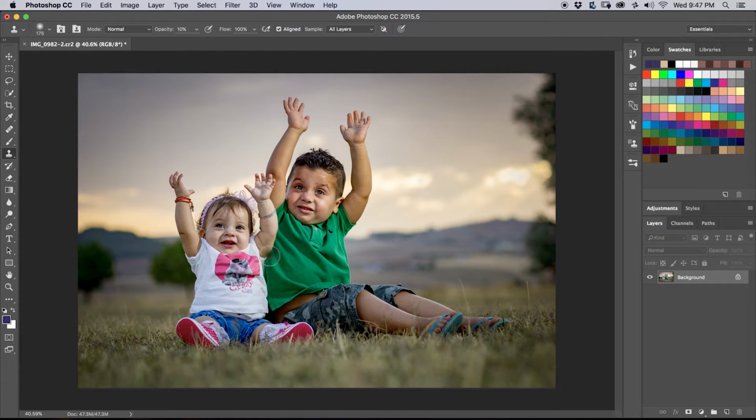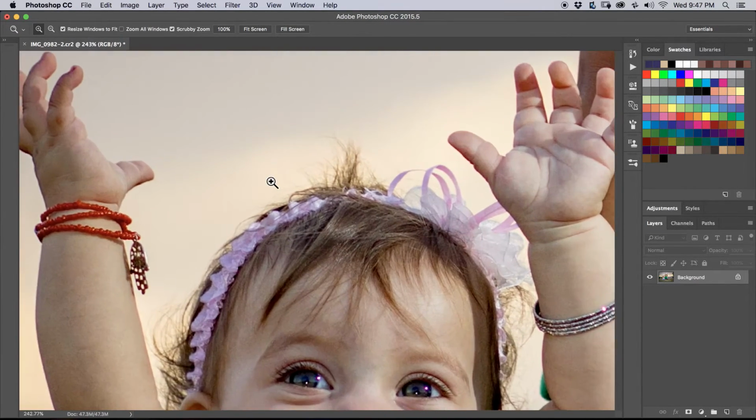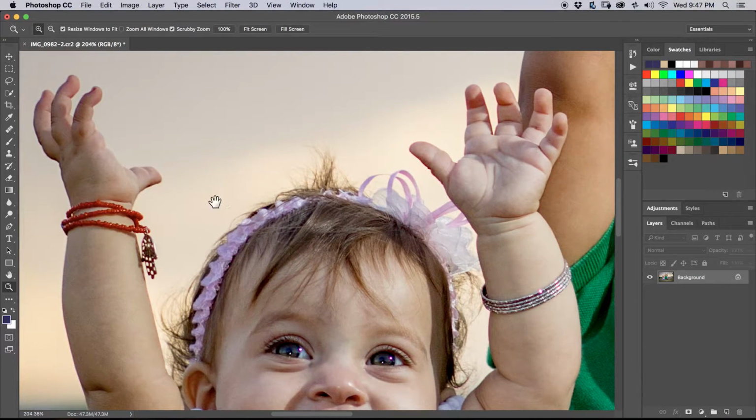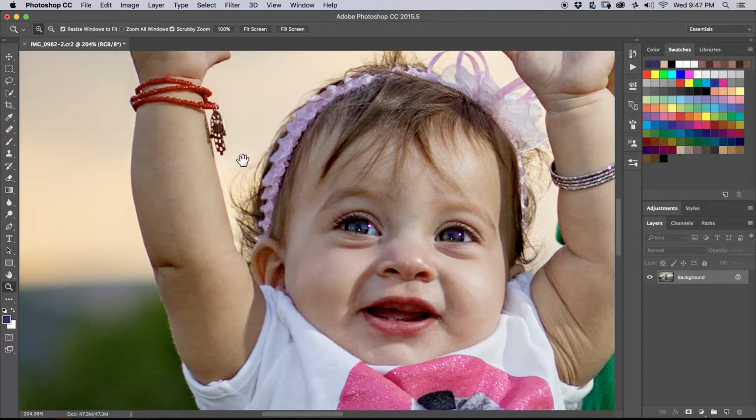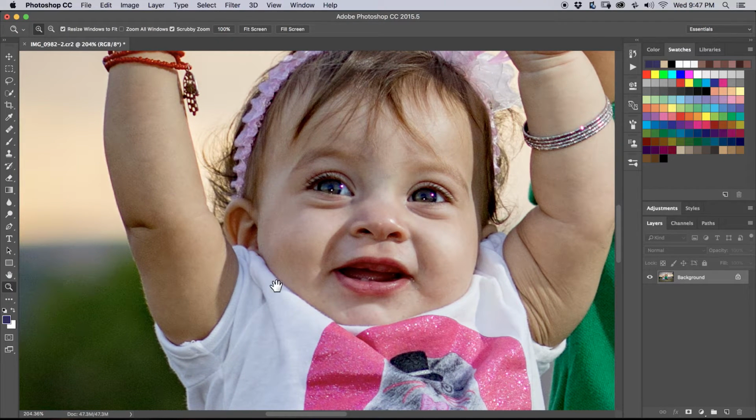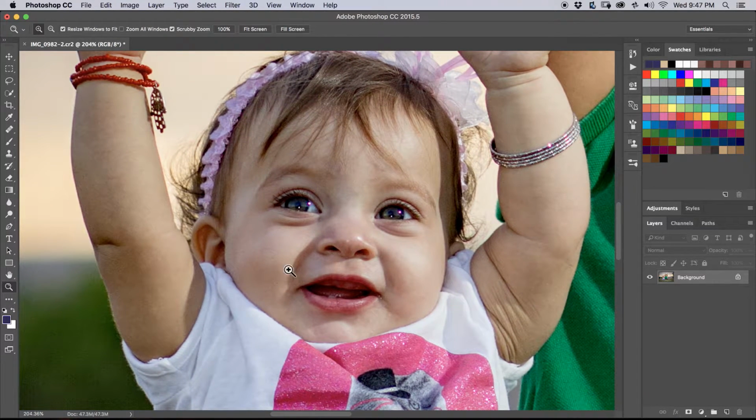Now we're going to zoom in. I'm going to choose her first. Just zoom in nice and close and look for anything that will be distracting. Beautiful little girl. Alright, here we got Alt. We'll put J. What J will do is